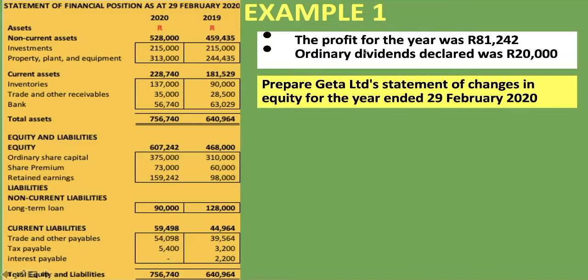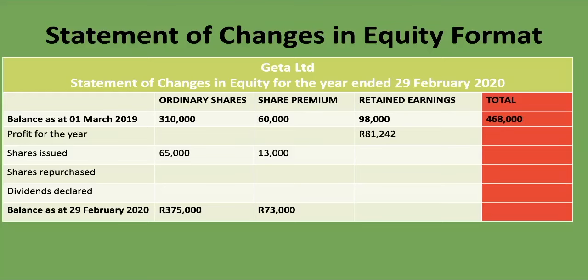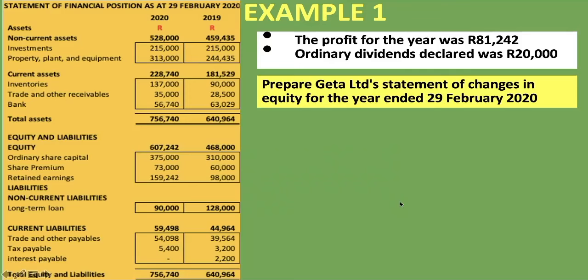We are told that the profit for the year was 81,242 rand. So we're going to put the 81,242 rand as a positive. If it was a net loss or a loss for the year, then you put it as a negative. And then the next thing that we do there is to put the dividends declared. Did we declare any dividends during the year? Well, let's go back, and you can see in additional information, we are told that ordinary dividends declared was 20,000